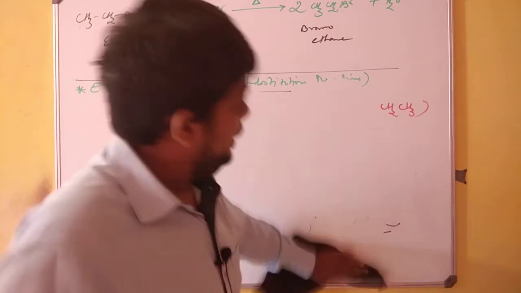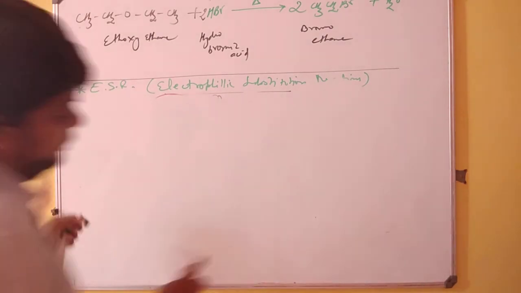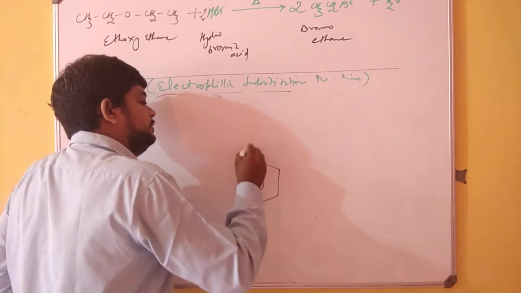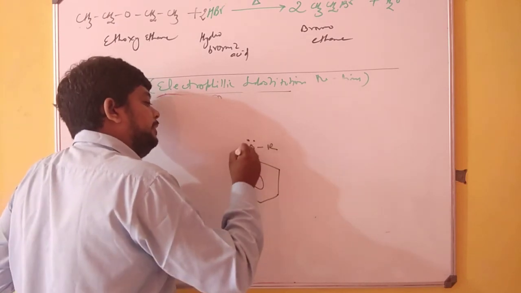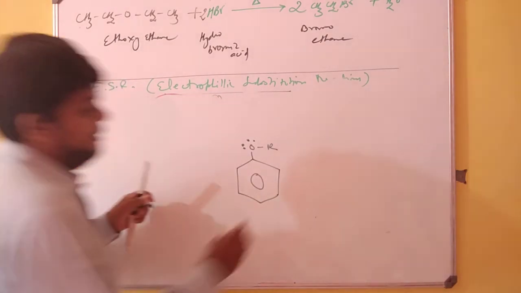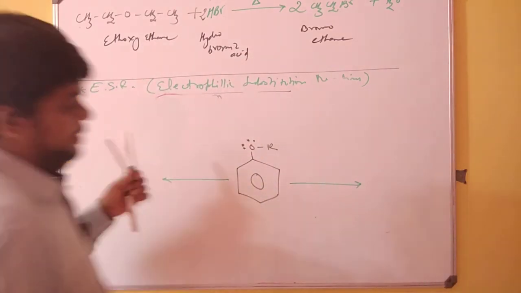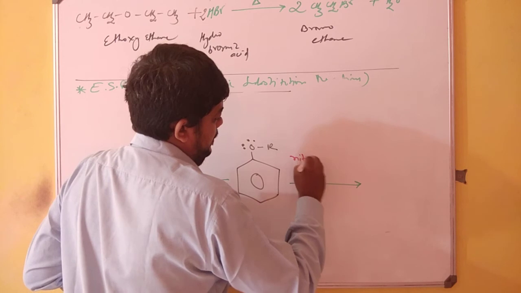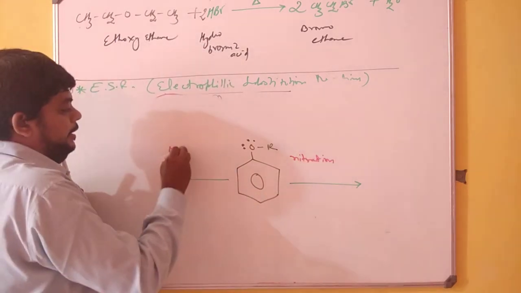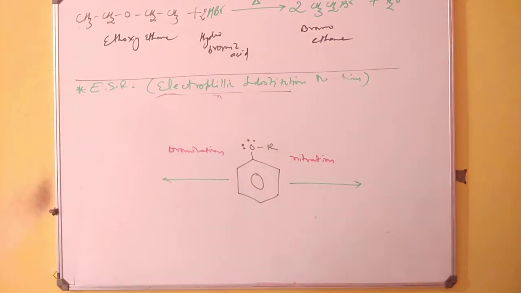So now let us start with a few of the very popular and well-known electrophilic substitution reactions. We will first conduct two very basic reactions. We will not mention whether we are taking ethoxybenzene or methoxybenzene, just a general alkoxybenzene. We will be undertaking two reactions. One is the nitration and the second one is the bromination.